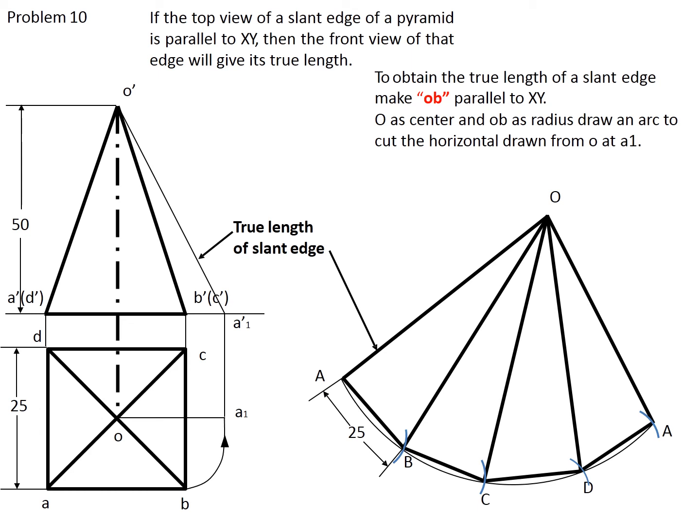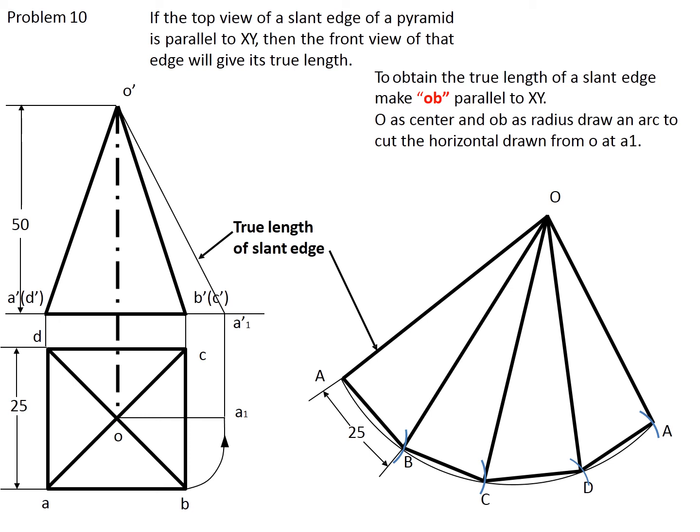To draw the final view, we have to take any point and randomly draw a line, and then we have to find this length. This is called the true length, true slant length or true side length. Here we have this slant length, as well as another slant length. Both lengths are equal, but it is not the true slant length, because the side edges are inclined to VP, by which this is going to be an apparent length,